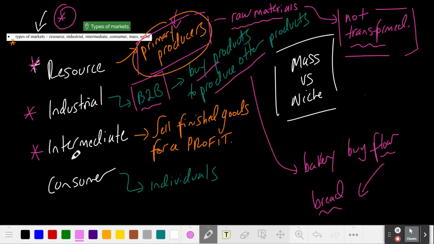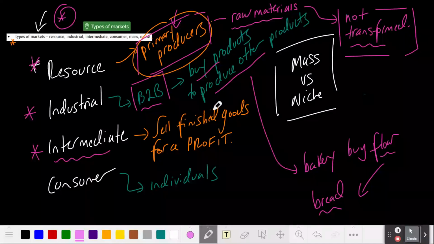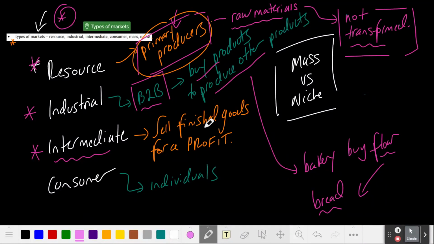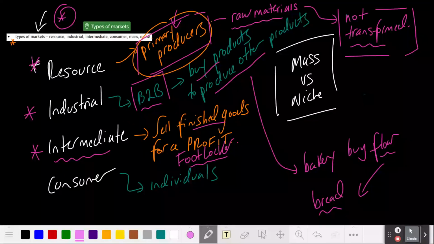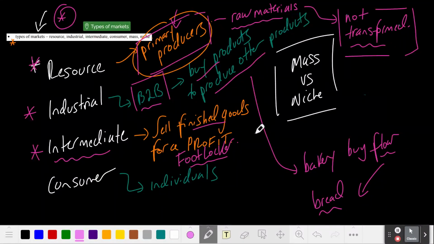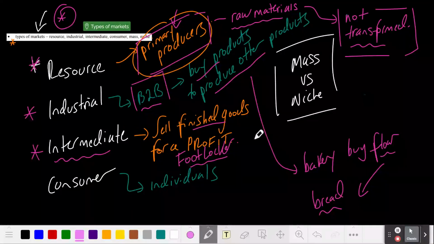If I think about an intermediate market, what's happening here is that a retailer is selling finished goods for a profit, so that the goods have been fully transformed, turned from their raw materials right to their finished format. So here you might think of a business like Foot Locker selling finished sneakers to consumers, buying them from the